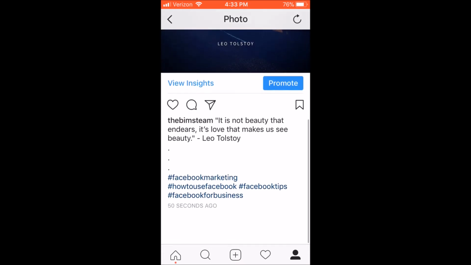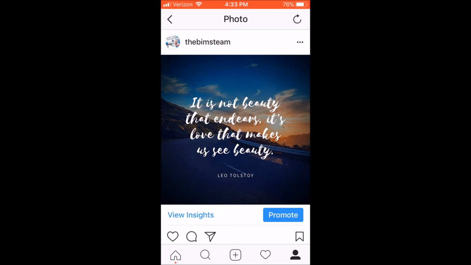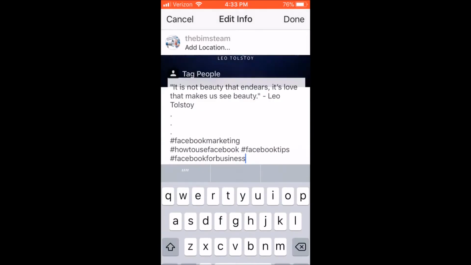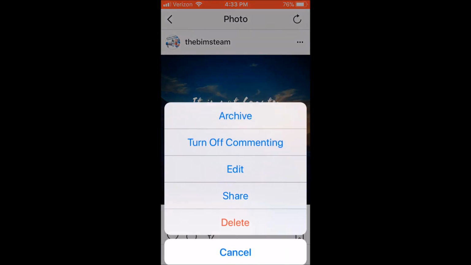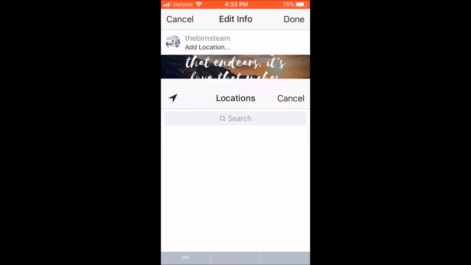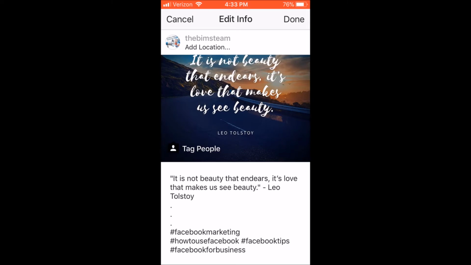Now, if you notice any mistakes in spelling or anything like that, or you want to add more information, you can always click these 3 dots and click to edit it. You can also add a location there. Let me just show you that again. So you can also add that location. And that will help you engage with local people even more. So a lot of times people are searching through pictures from certain locations as well as following certain hashtags. So we always recommend, if you can, adding a location